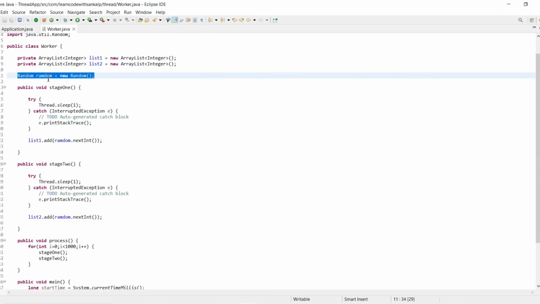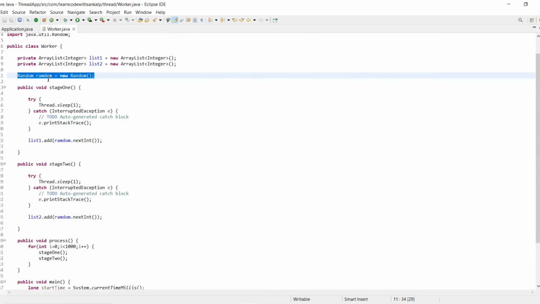Then we call that method inside our main application, capture the start time and end time, and subtract end time minus start time. Then we get the total time of execution in milliseconds, and we print the sizes of the lists. That's all of it, guys.